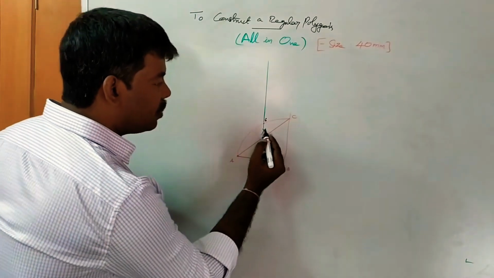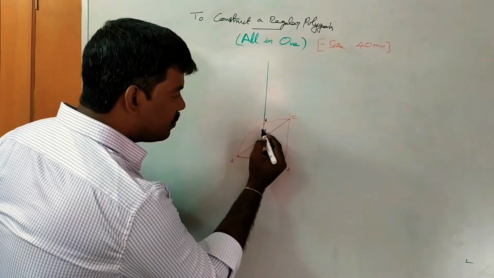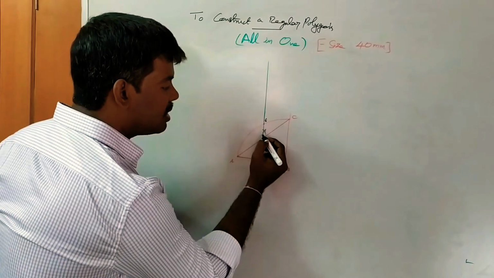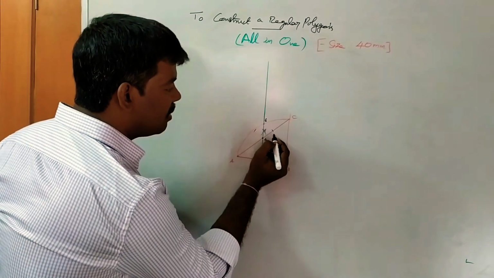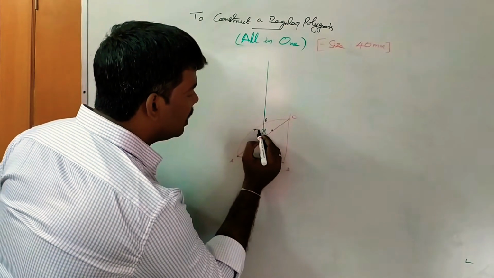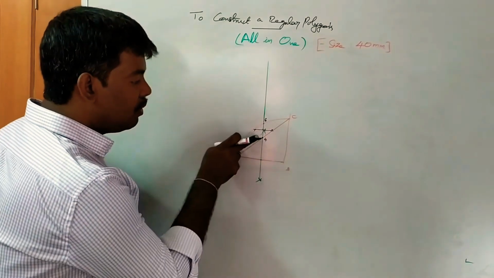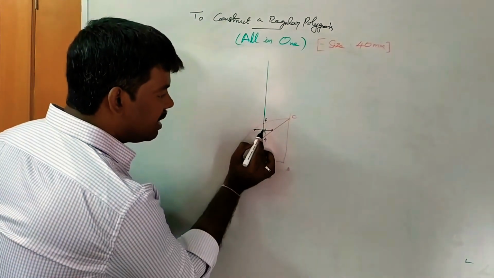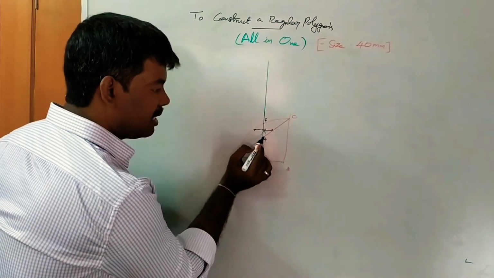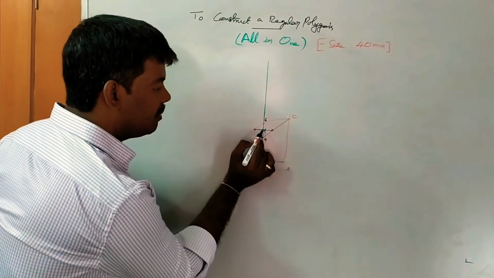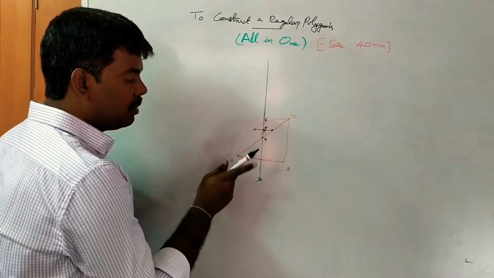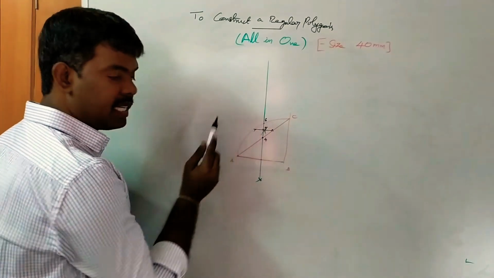Clear? Next, the 4 to 6 dimension. This 4 to 6 line length, you bisect it. Same way, take more than half between 4 and 6. With 4 as the center, you draw one arc left and right. With the same radius and 6 as the center, intersect the arcs. Finally, you get the bisector of line 4 to 6. Where it intersects the bisector of line AB, it is nothing but the 4 to 6 midpoint. Let us consider this point number 5. Therefore 4, middle 5, 6.